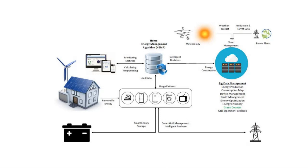It monitors statistics, calculates, and estimates energy demand. It also calculates usage patterns. We also have smart energy storage batteries. The most important specs of our developed system: big data management. It generates an energy production and consumption map, device management, tariff management, energy optimization, energy efficiency, grid green counter, grid operator feedback, using cloud monitoring of all